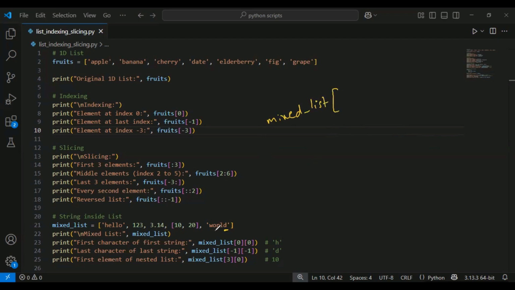in the world string, what is going to be the mixed list index? First, it's going to be the index of world, so 0, 1, 2, 3, 4. So it's going to be 4. Again, world itself is a string which has its own indexing 0, 1, 2, 3, 4, so 4. This is going to give me the output D,